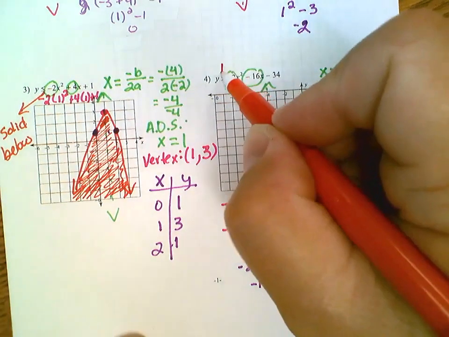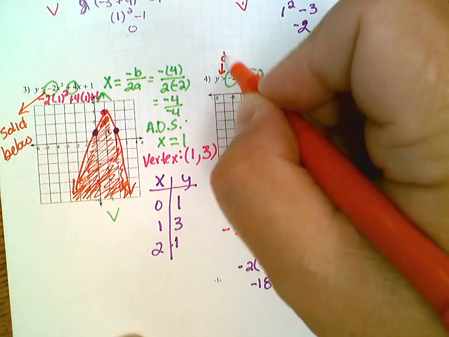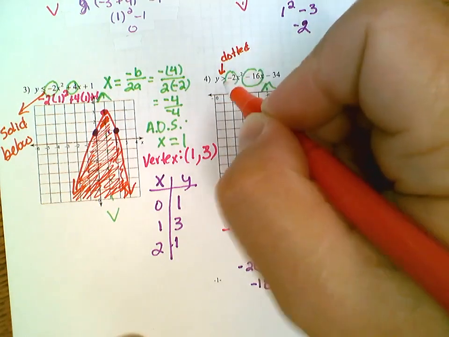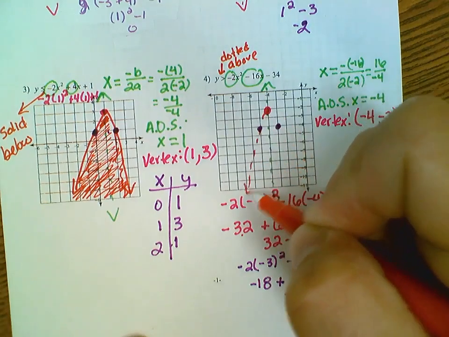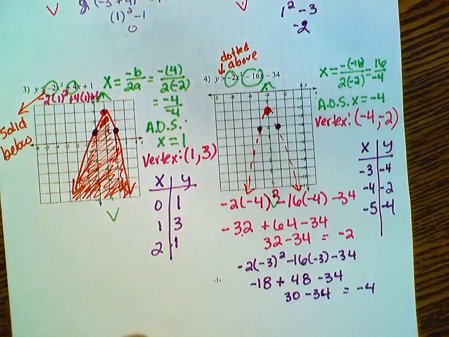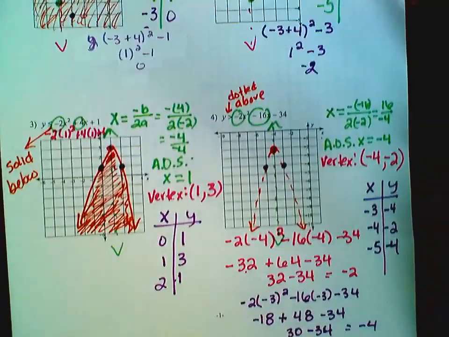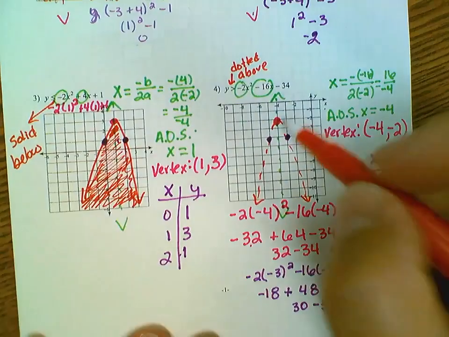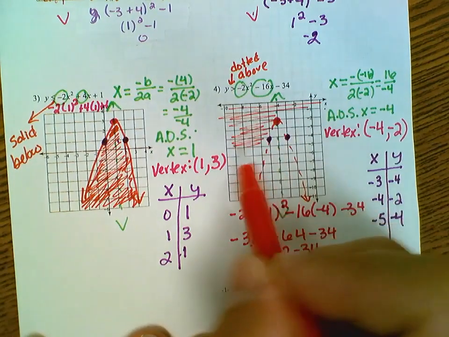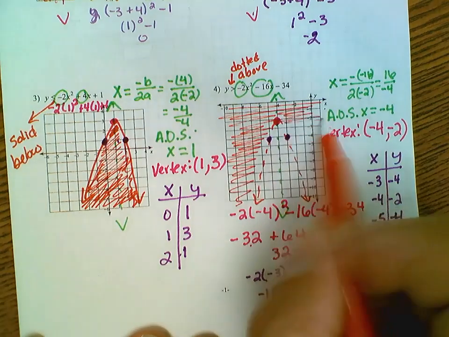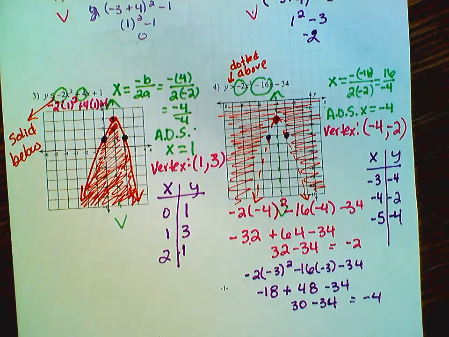And then looking at my symbol, greater than, it's not equal to, so I use a dotted line. And greater than is above. So here's my dotted line. And this time, so last time above was in the parabola, but this time above is going to be this part. Okay, so that is inequalities. Now